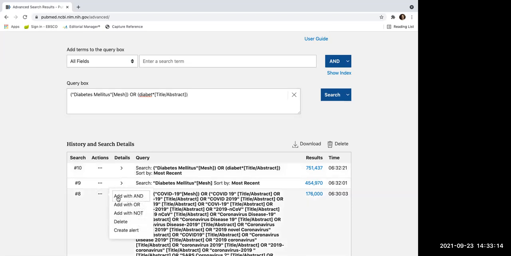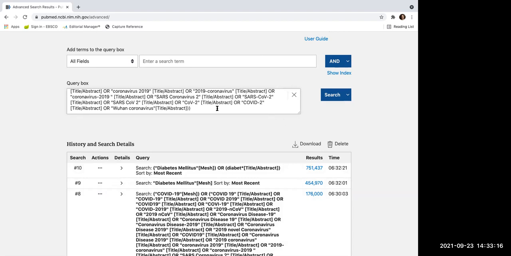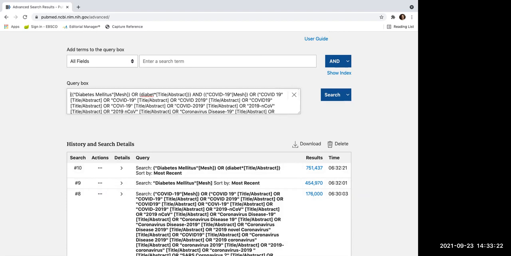So in this case, I have every search term with an OR for COVID, combined with an AND with a very limited search, just to show you, for diabetes mellitus. So here are my two entities, right? I need something with diabetes and COVID in my paper, but it can be COVID-19, COVID 2019,